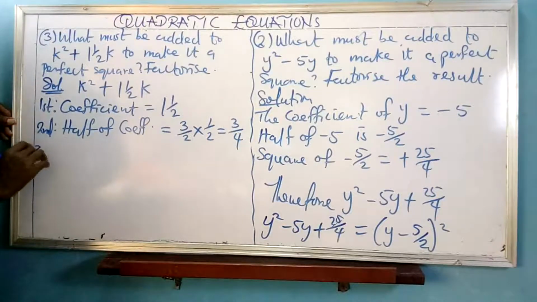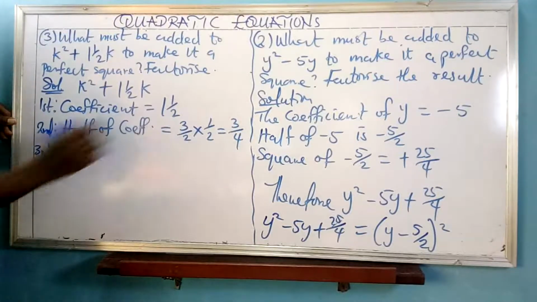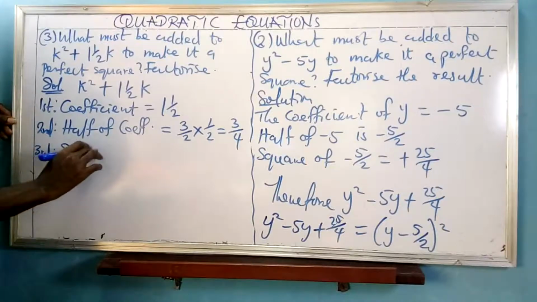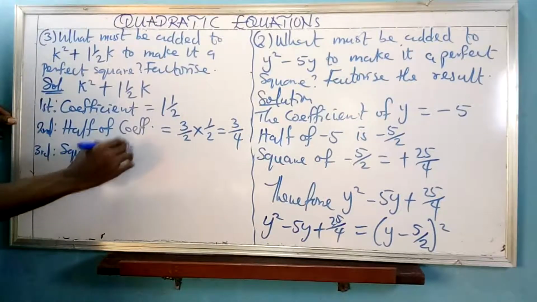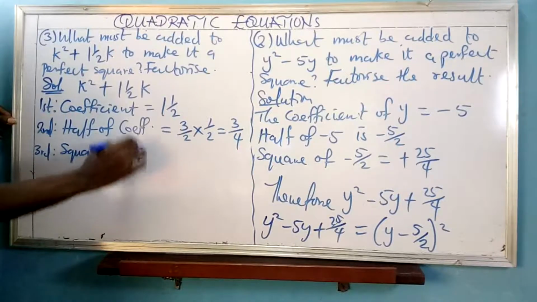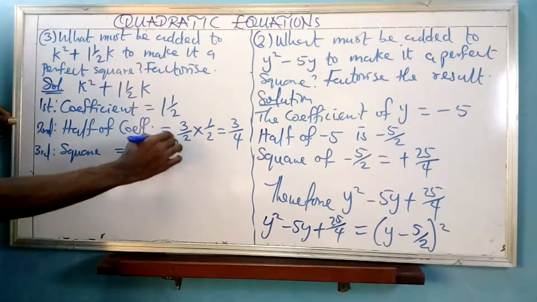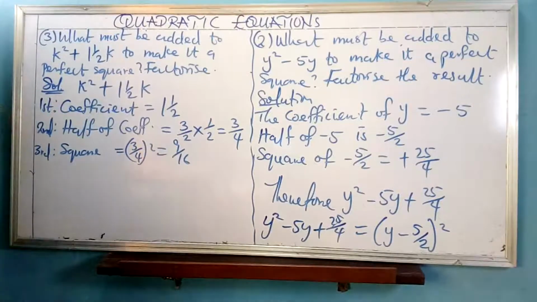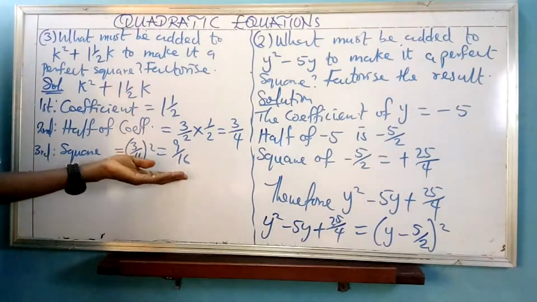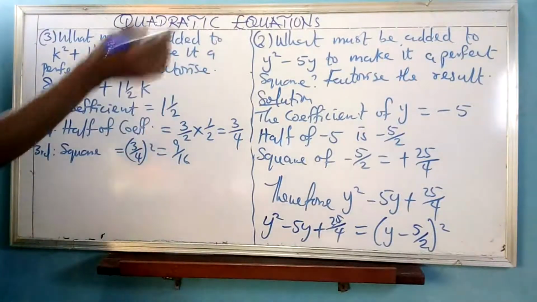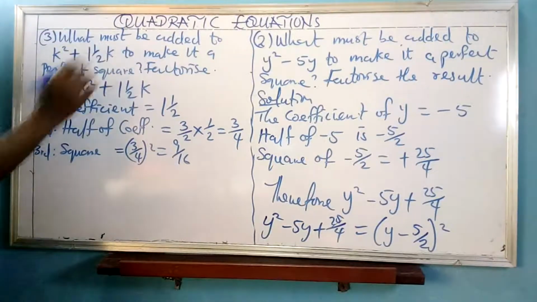Then, step 3 will now be what? Square. Square the result that you have now. It will be equals to 3 over 4 all in square, and that will give you what? 9 over 16. So what must be added is this now. Do you see it now? So it's not every time they're going to give you a whole number. So now what must be added will now be